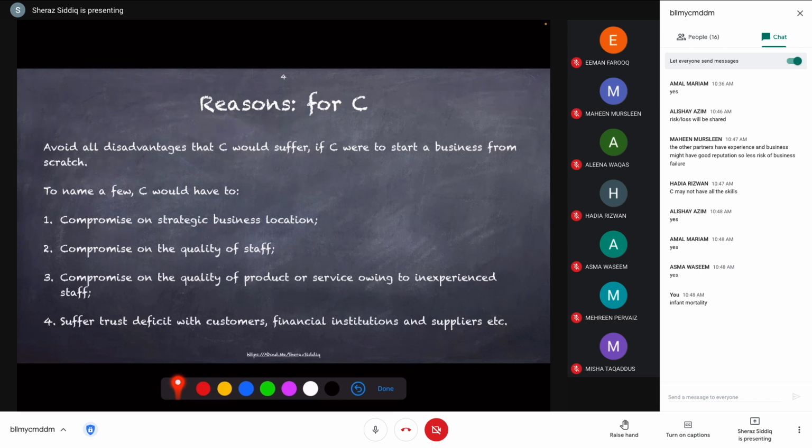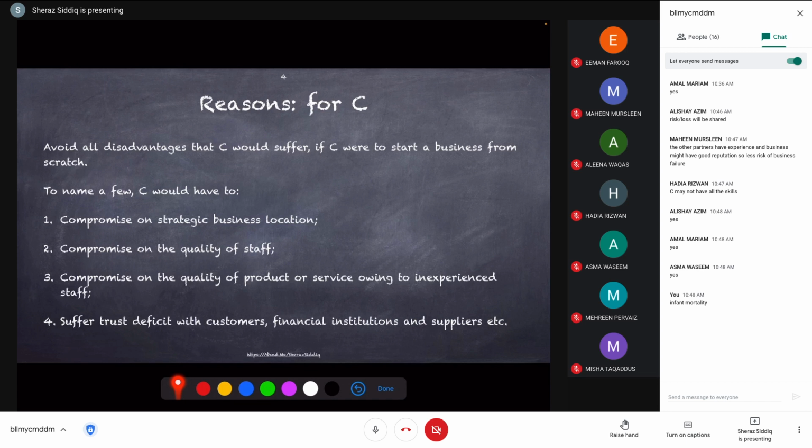Initially, new businesses will have to suffer a lot of losses because customer loyalty will take time to build up. And if the new business is strong enough to survive through those years of losses, only then it will emerge as a going concern on the other side. And then people will start trusting that business, because the business has become already established and it has already taken its share of hardships. So now people will trust him. Banks आपको आसानी से कर्ज़ देंगे, and so on and so forth.